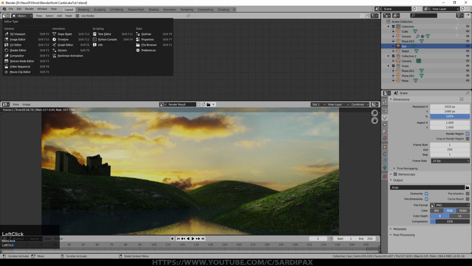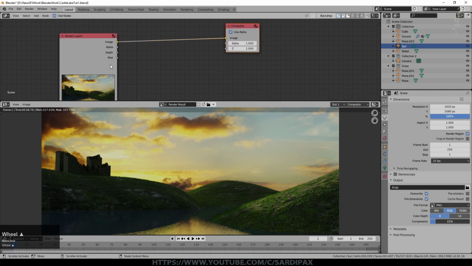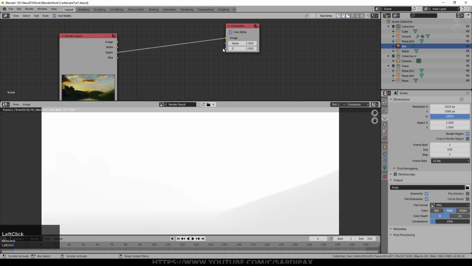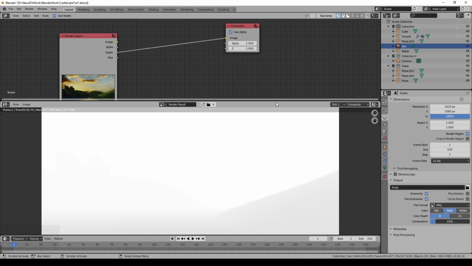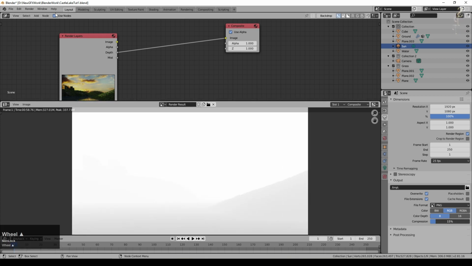So we'll go to the compositor and we'll say use nodes. And because I turned on mist pass, we've got that there. So let's just have a look at what that looks like. Now, sometimes I use the mist pass, and sometimes I use the depth pass, which is the Z, just to show you a little something about the depth pass. If I put that up there, initially you can maybe just about see something here, but it's really not showing very much. But you can use the depth pass like a mist pass by adding a vector node, which is a normalized node.